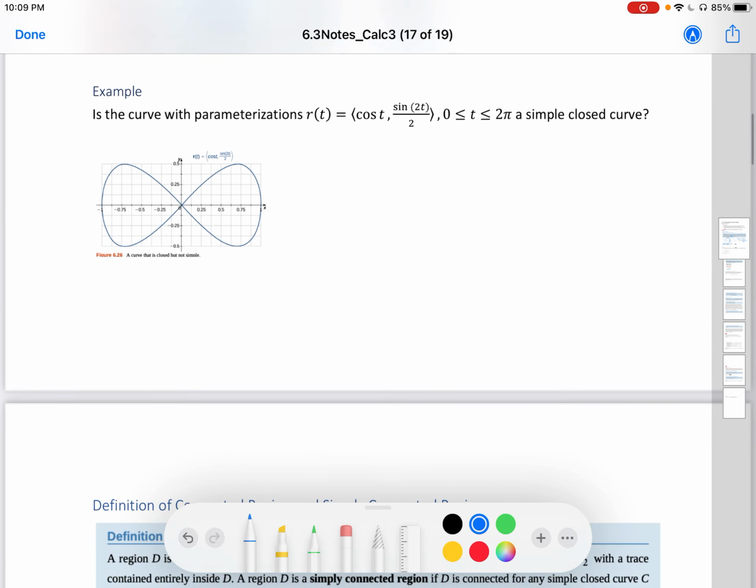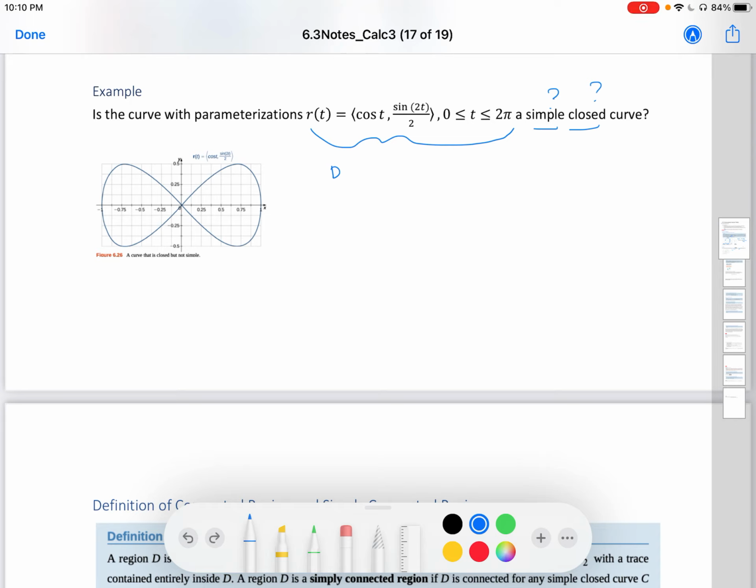Now here you have an example. Is the curve with parameterization r of t equals cosine of t, comma, sine of 2t over 2, bounded from 2 pi to 0, a simple closed curve? You want to know if it's simple and if it's closed. I provided the image. If you see a question like this and aren't sure how your image looks, you can go ahead and use your